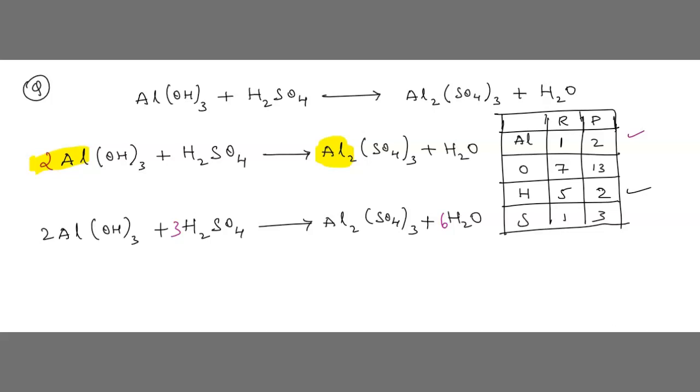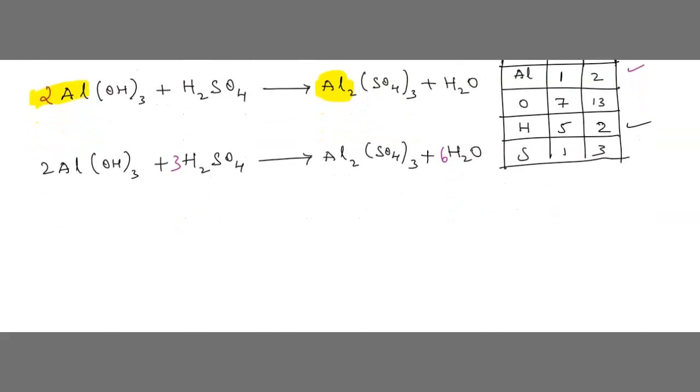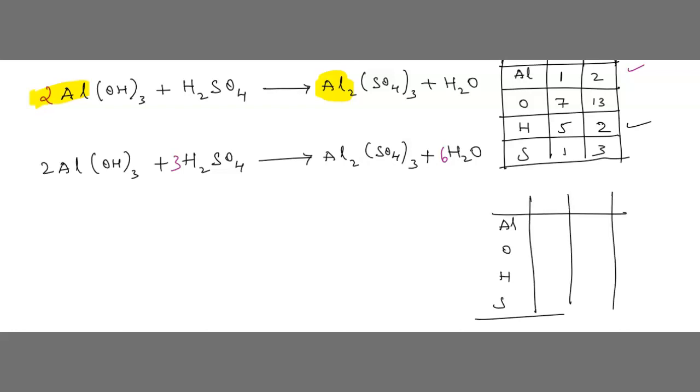Now can you check? Because of balancing these elements, some other elements may also have automatically got balanced. We need to check. Now who was left out? O and S were left out. Correct? Now can we check for O and S also whether they have automatically balanced or not? Shall we check, children? Let me write. If you get confused because a larger number of elements are present, at that time you can again create the table like this and cross check.